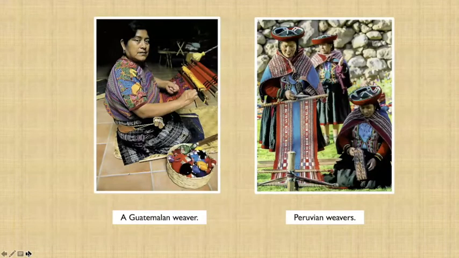Weaving has been around for a long time because it can be done with simple tools. These backstrap looms are made from threads and sticks. One end is tied to a post or a tree, the other is secured behind the weaver's back. Backstrap looms can be easily disassembled and taken from place to place.